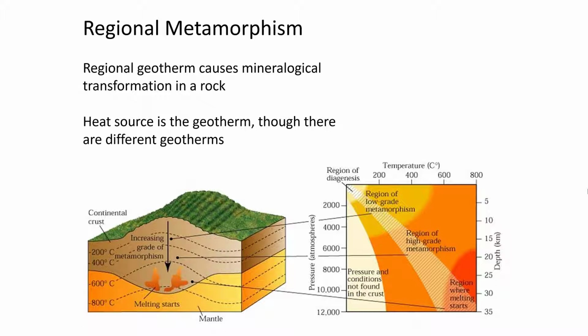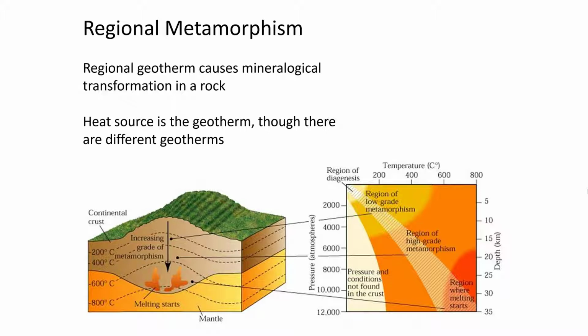Regional metamorphism is driven by the regional geotherm that causes mineralogical transformation in a rock. And as I mentioned before, the heat source is the geotherm, but there's a variety of different geotherms depending on what region within a crust you're in. Looking at the example shown here, in a continental crust, you have effectively going downward from the top of the mountain toward the mantle, increasing temperature and consequently an increasing grade of metamorphism